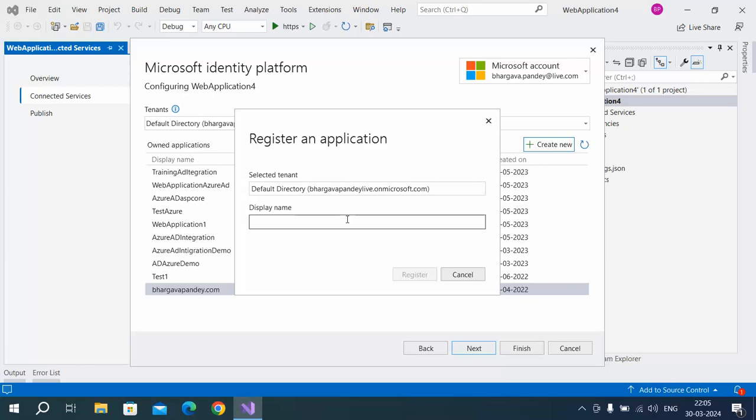So I'm making a name like AD core demo. You can name it anything you want. The system will automatically create this application in Azure. There are two ways. Either you go ahead, first log into your Active